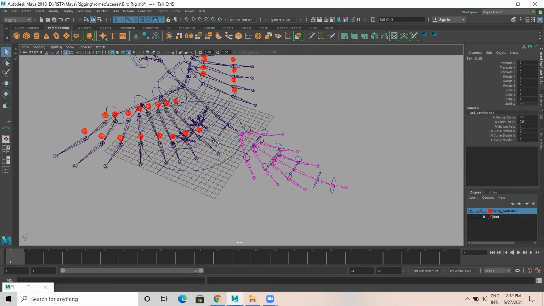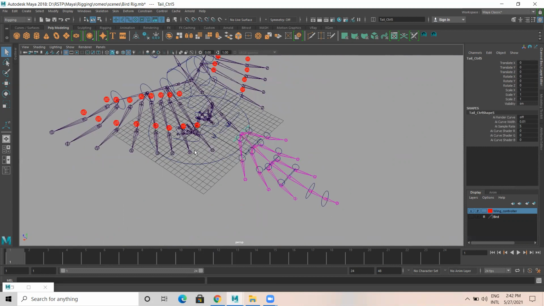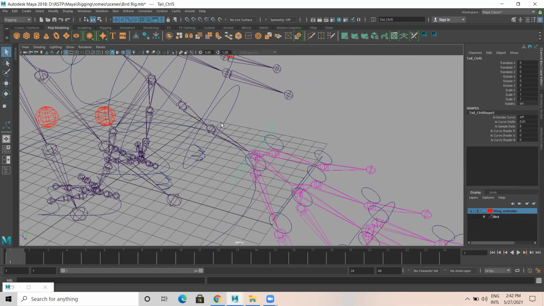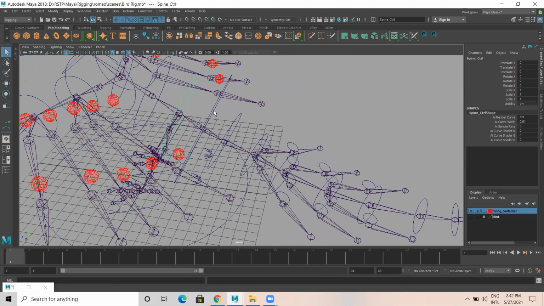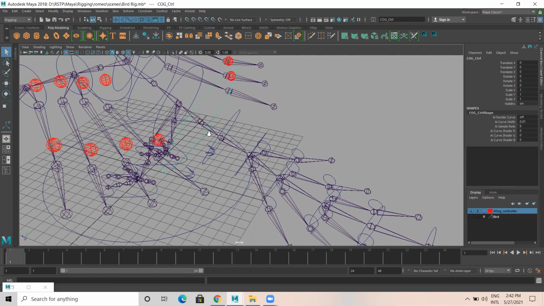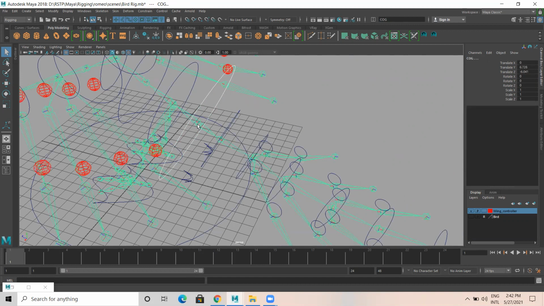For example, I select this. You can see all these joints are linked. Then for this also it is linked. Now this is the cog one. This curve is the cog controller, and this is the cog joint. So I need to select the cog controller first, then the cog joint.